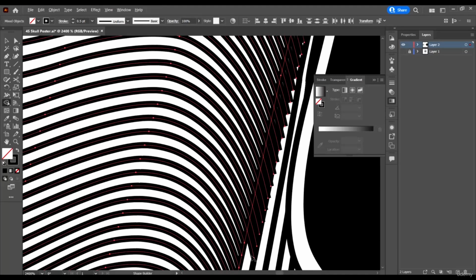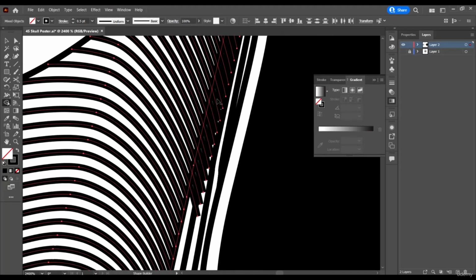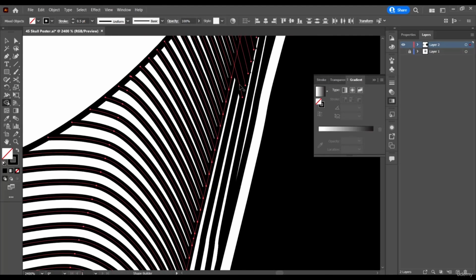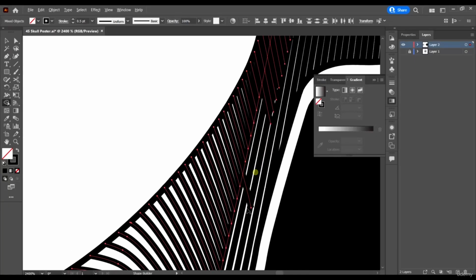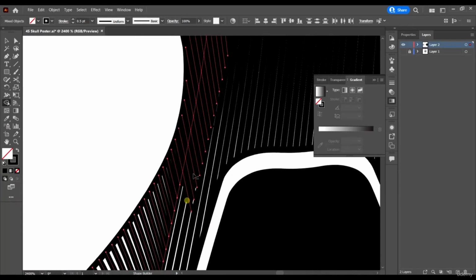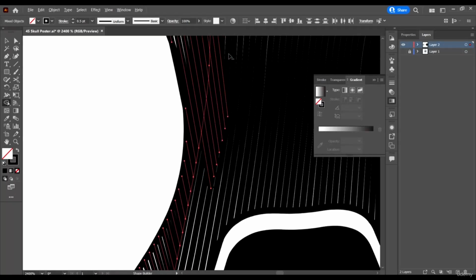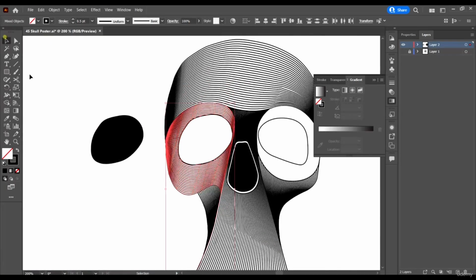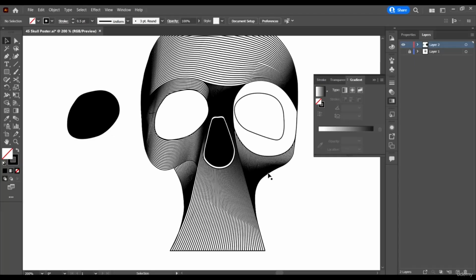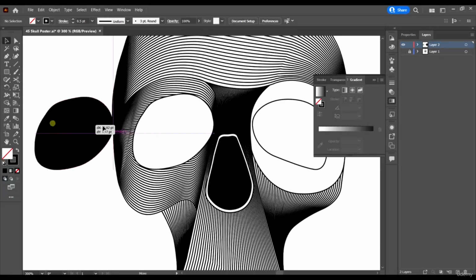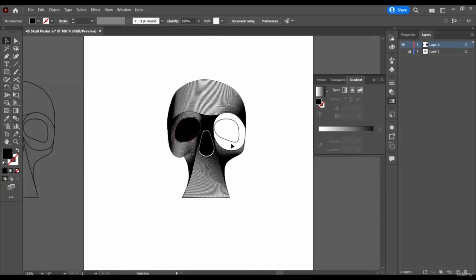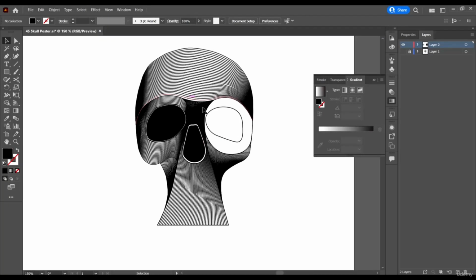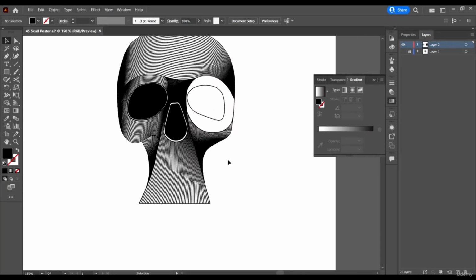Good. Perfect. Now we can now drag our eye socket to its point. And yeah, I like what we have so far. Making progress.